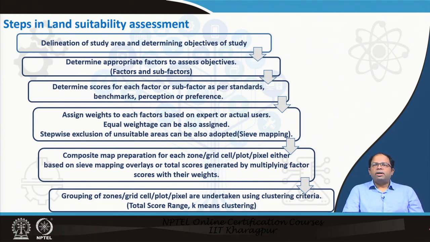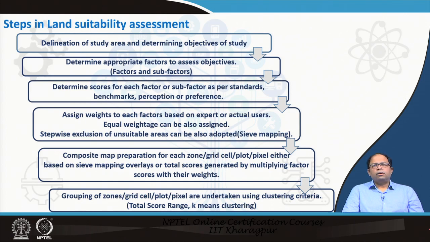And sometimes it is very, very difficult to give weightage to factors which are dimensionally different. That means it may be land price along with pollution. How do you evaluate that? We may bring pollution values into health effects that pollution causes and then put a monetary value to that, or in a similar way, but sometimes it becomes very, very difficult to assess the weight for these particular factors, and in that case we can actually go for equal weightages for all the different factors. That is also a possibility.